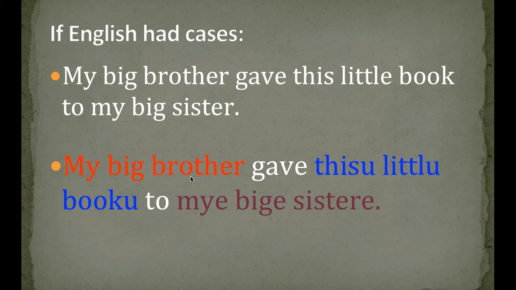So my big brother is the subject of the sentence. This in blue is the direct object, and this is the indirect object, meaning the person it's being given to. And here we have a preposition, so this would need to have a different case, so on and so forth. So it's completely absurd, but in Russian you actually have those cases, and there are 6. For every word, it's going to have 6 or more different forms that you'll just learn depending on what you're saying about that particular word in that particular context.